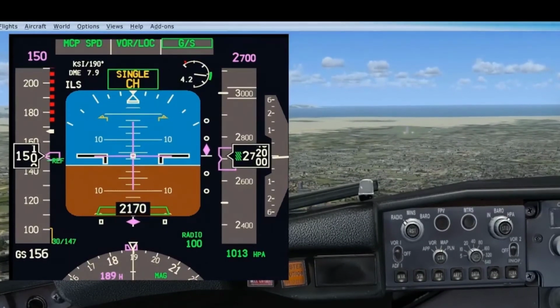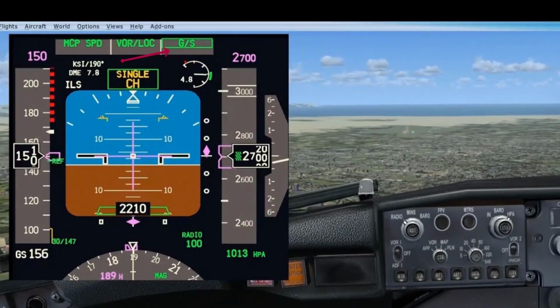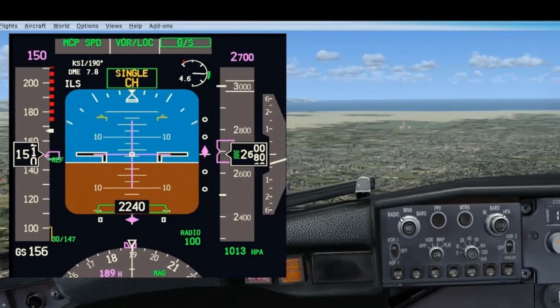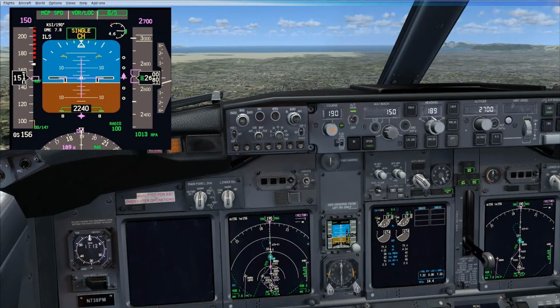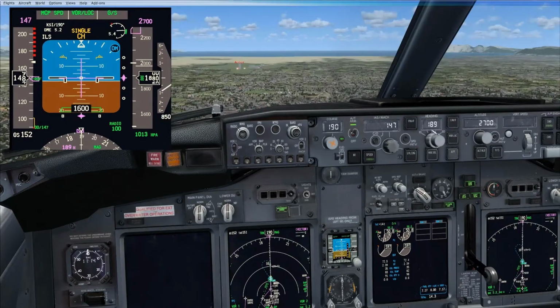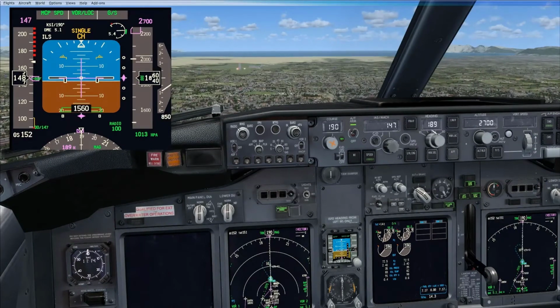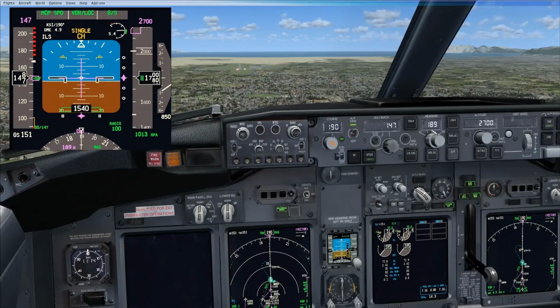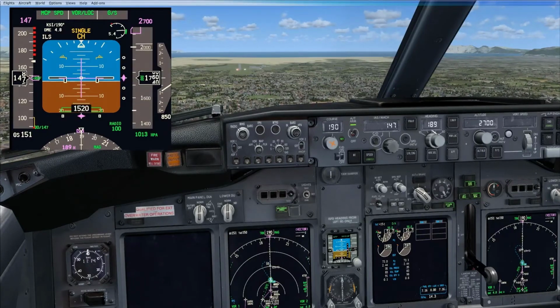Now you can see the glide scope has turned green and the little pink triangle is locked onto the glide scope. As we go through 1600 AGL, our approach is nice and stable. We're at the correct landing speed.